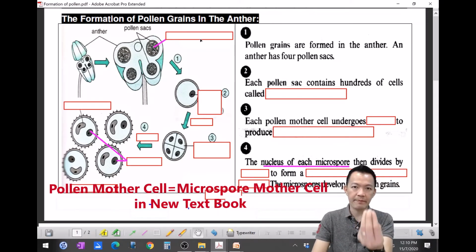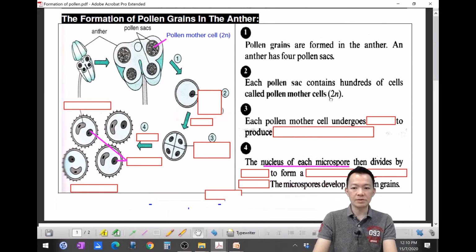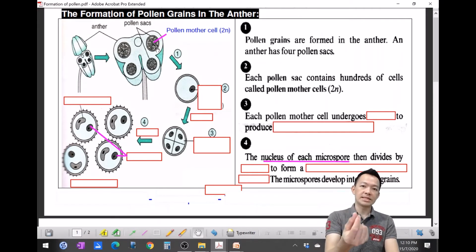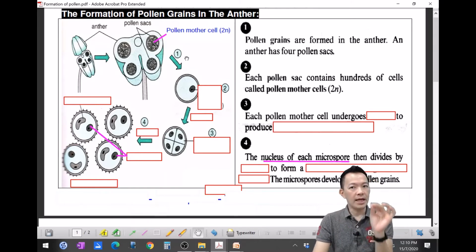就是制造花粉的 pollen mother cell. Okay, so pollen mother cell that is diploid 啦，它还没有真正做花粉。Okay, so each pollen sac contains hundreds of cells, and all the cells here will be called pollen mother cells, and that is diploid. Pollen mother cell 它是 diploid 的。But how does the pollen mother cell finally become pollen? 它将变成花粉呢？Okay, so to become the pollens or to become the gametes，对不对？要变成生殖细胞。